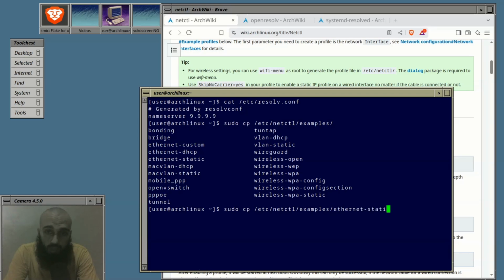I use it a lot with my wired connection, so I'm gonna copy it to the netctl root configuration folder, which is /etc/netctl. I don't think we should enable it now. We should take a peek at it by going to /etc/netctl/ethernet-static,